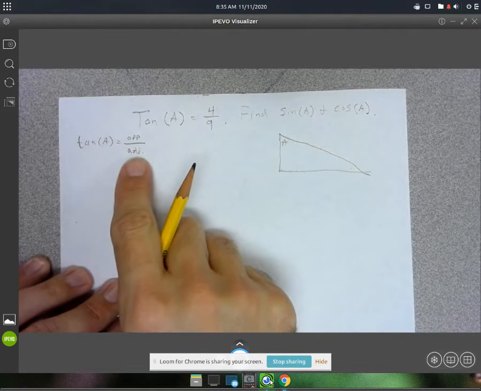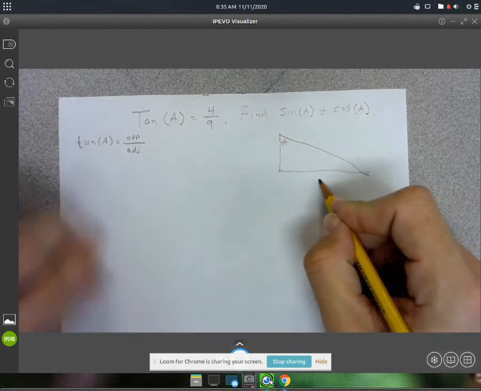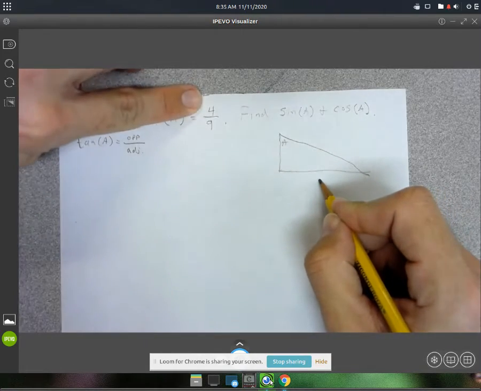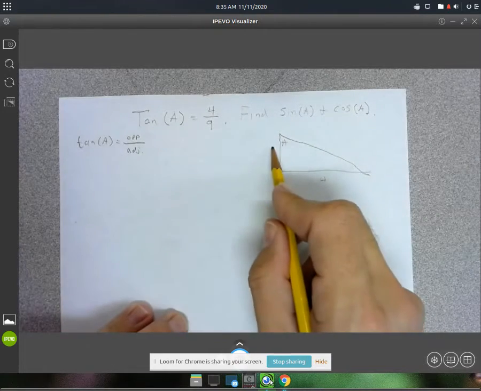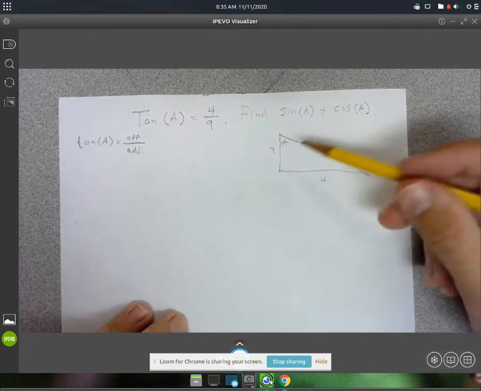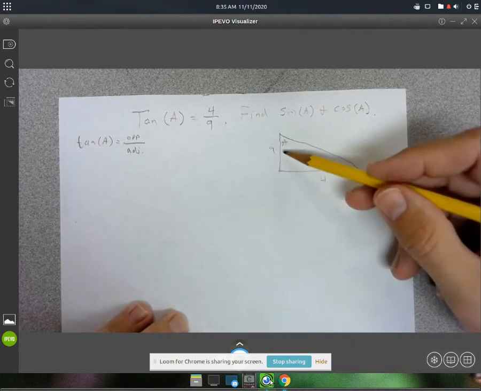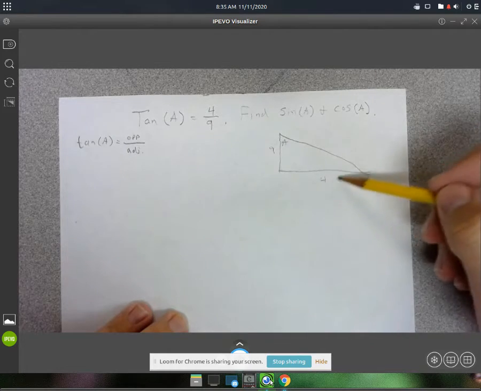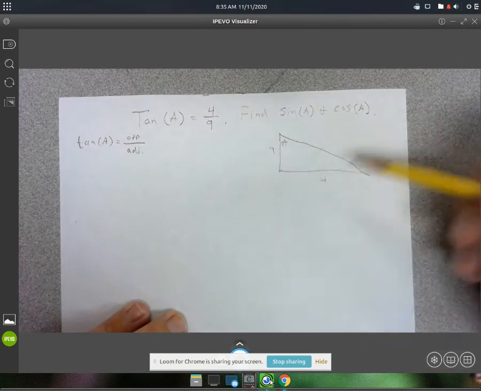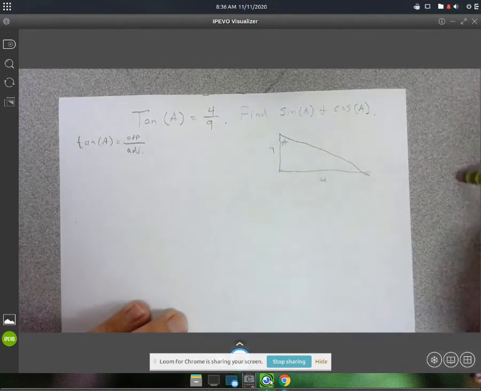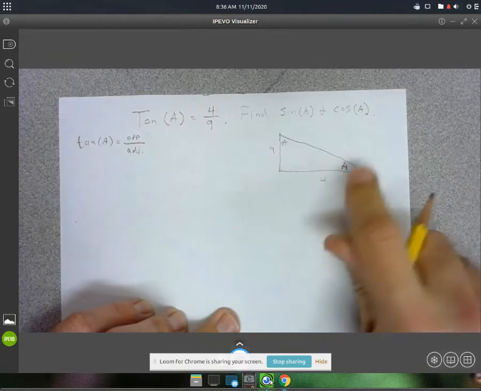Now, since tangent is opposite over adjacent, this would be the opposite side, so it would be 4 units long. And this would be the adjacent side, so that'd be 9. And as you can tell, we kind of set this up backwards. This is the shorter segment, and we're saying it's equal to 9, and this segment's 4. It doesn't really matter. You can actually work it out using this setup, and it would work. But just to make it kind of simpler in our minds, I'm going to pick this one to be our A